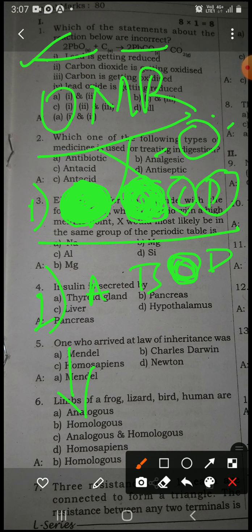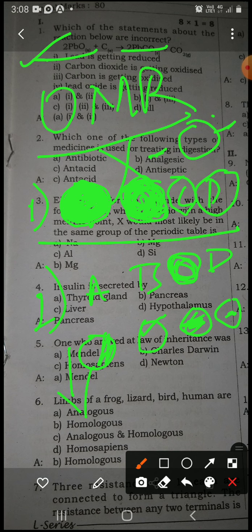So before shading, you have to double check and be quite sure before shading it, right? If you shade more than one circle, then obviously you will get 0 marks. You won't get any marks for that. That is the first thing. The second very important thing is, suppose there are circles like this, 1 2 3 4 circles, in which you need to shade. Some people will make a tick like this, some will shade only half of it, and some will put a little scratch on it.